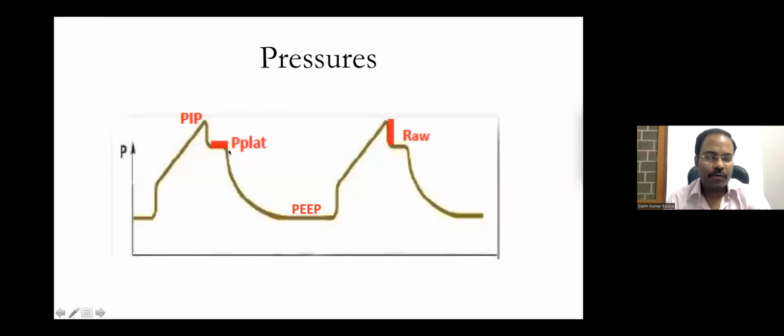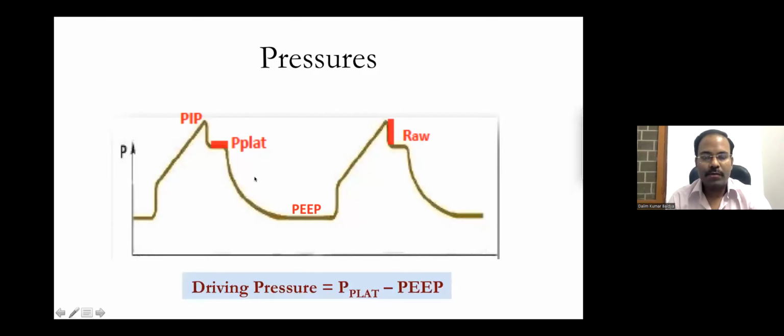And this plateau pressure will be the pressure which will keep the alveoli distended at the end of inspiration, and PEEP is the pressure which will keep the alveoli distended at the end of expiration. So this concept is important, and the difference between the plateau pressure and the PEEP is what we call driving pressure. So basically during each inspiration, this driving pressure, or the difference between plateau and the PEEP, is the one which is inflating the alveoli, and then at the end of expiration this driving pressure is gone, so alveoli come back to their end expiratory volume, right?